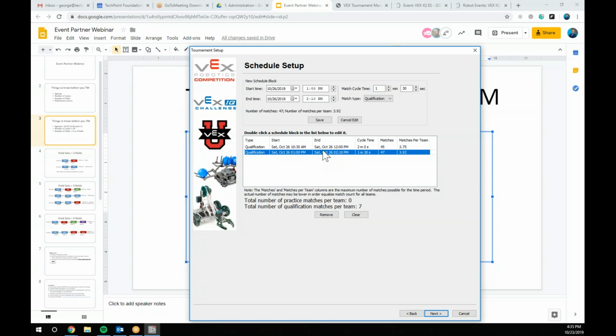The way I'm editing this is I'm double clicking on my line, changing the number, and I hit save and it updates it. Man, 2:15 still not doing it. What if we did 2:20? And I hit save. Oh, there it is, 2:20. So you can also cut into your